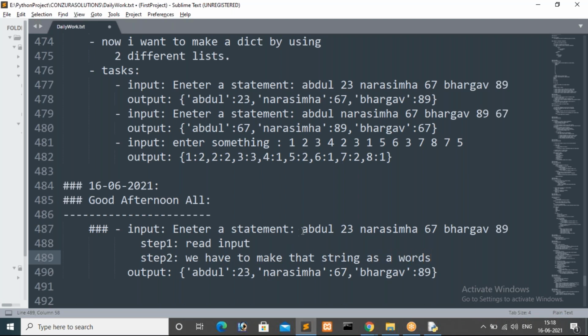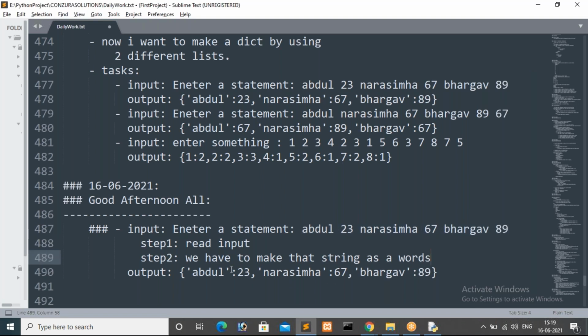So how can we make this entire sentence into words? I'm telling this is a string, in the sense this is a sentence, right? Here we have a group of words. Now I want to make this entire sentence into words, so how can we do that, guys? You already know that procedure, na? Which method do we use to make this entire sentence into words? Absolutely, Sudarshan, absolutely. We have to go with the split method. Split method will try to make a sentence into words. Split will return a list of words.